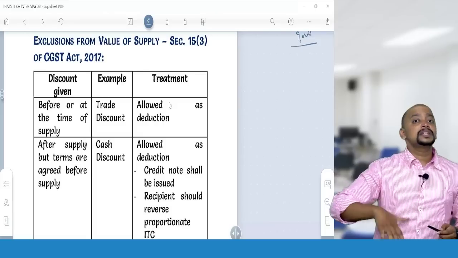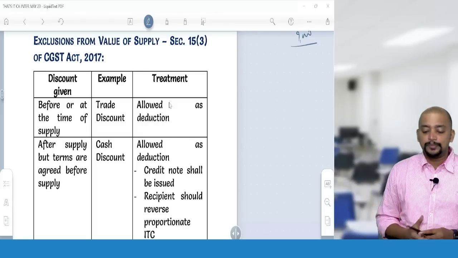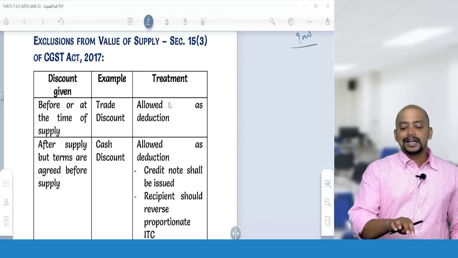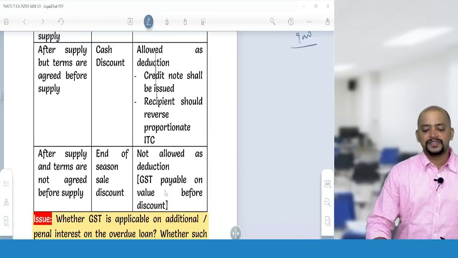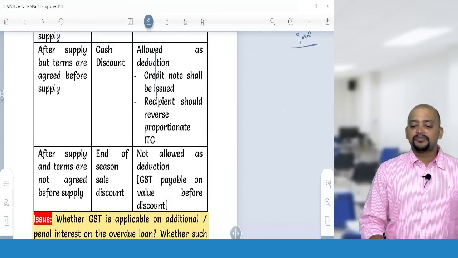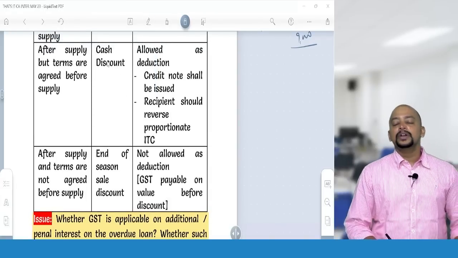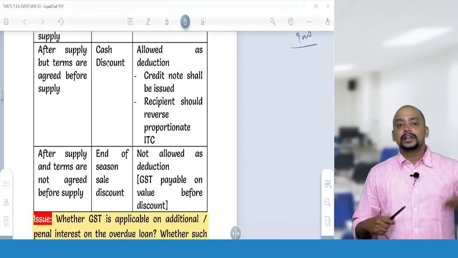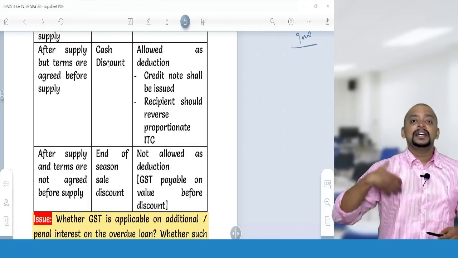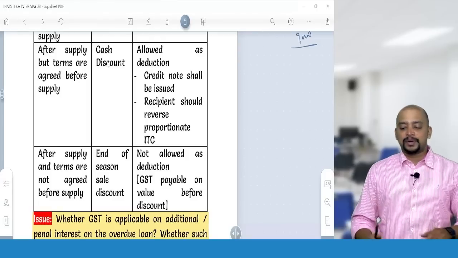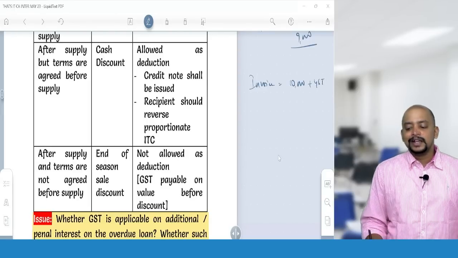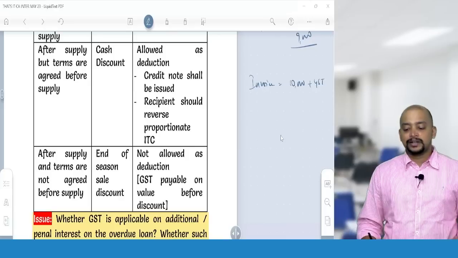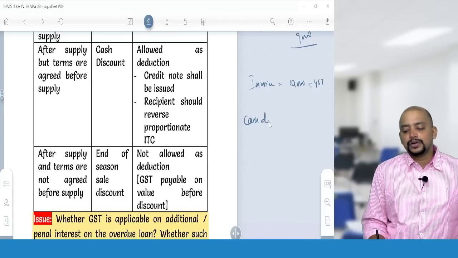Whereas if the discount is given after supply, which means already invoice has been prepared, now we need to check whether it is agreed before or at the time of supply or not. Is it agreed before or at the time of supply? So suppose it is agreed before the time of supply, example cash discount. So is it allowed as reduction? Yes, it is allowed as reduction. For that we need to give a credit note. That is already invoice has been prepared. Suppose the invoice is prepared for 10,000 plus GST. Now we are offering a discount of 5%. So when we are giving a cash discount of 5%,